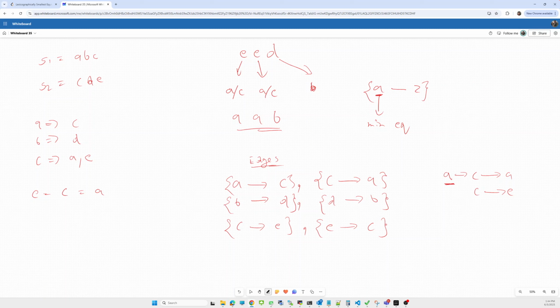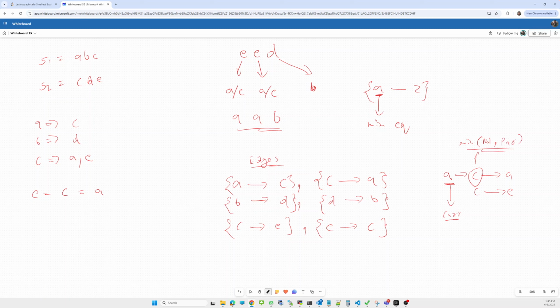What do we update? The minimum value for the current one. While traversing, suppose I traverse C also, we'll update the value of C also. What will be the minimum value of C? Either A or C. So we'll update the minimum for this node, whatever the node value and its parent, whatever the minimum.